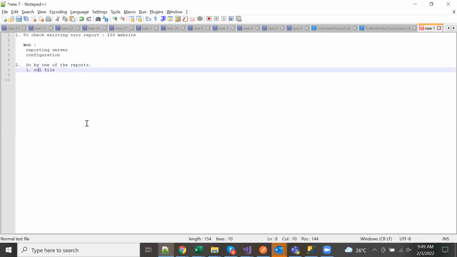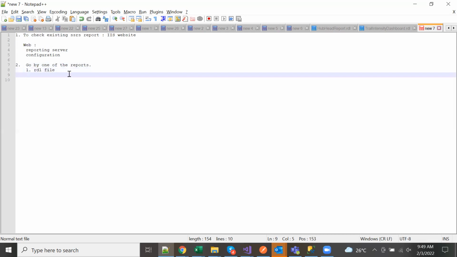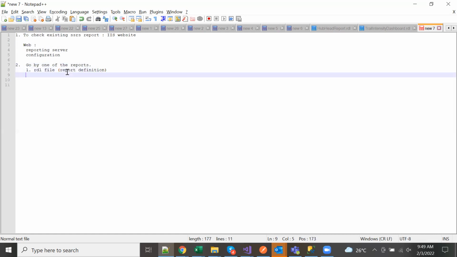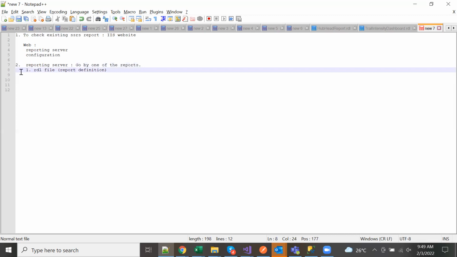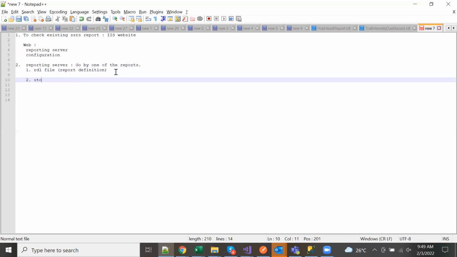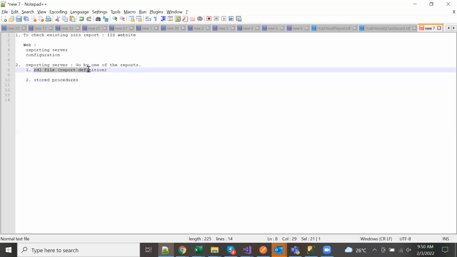RDL stands for report definition language. We'll also see from the reporting server how we can pick up this RDL file. The RDL file points to stored procedures, which will pick up the data and display it in the RDL file.